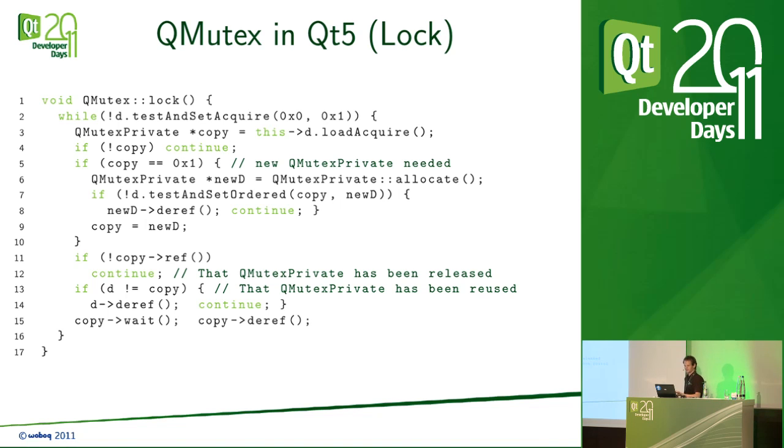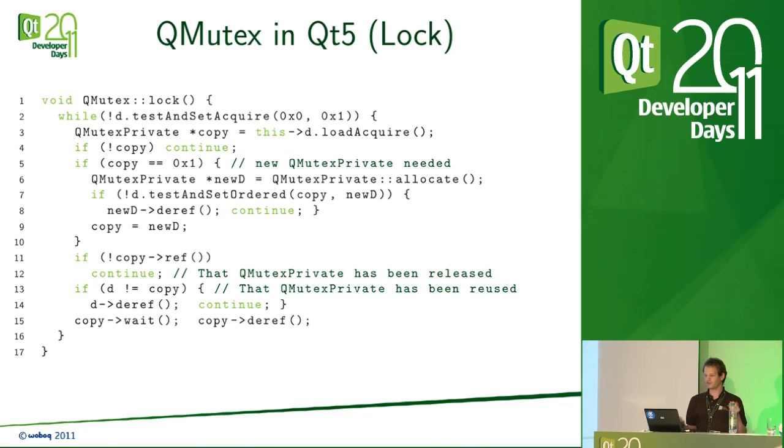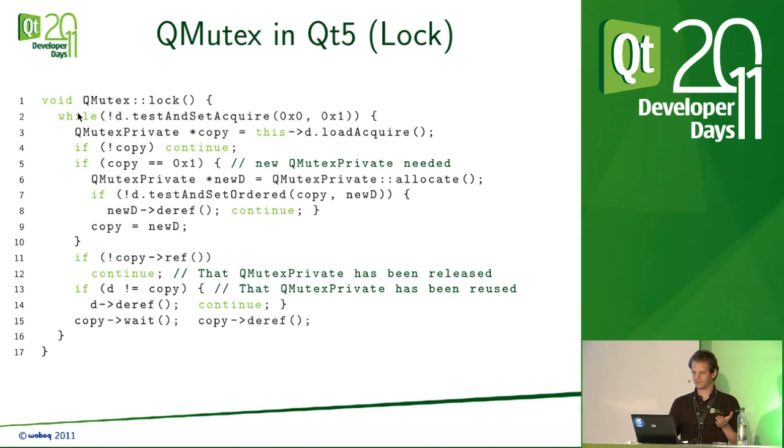First, we try to change the mutex private from 0 to 1. So it's basically the try lock as we've seen before. If this works, so if it returns true, this condition will be false. So there's nothing to do, we just return. If we change from 0 to 1, perfect. But if it didn't work, then we take a local copy. We read the value of D. The value might have changed between this test and set, so it might have become 0. If it's 0, it means it's unlocked, so we start over and try again the test and set. If it's equal to 1,